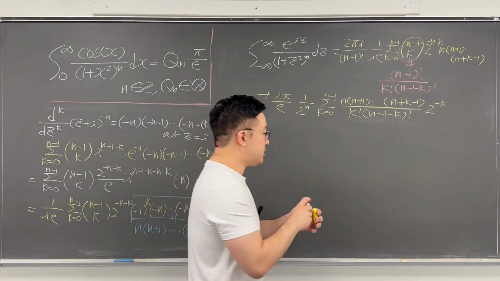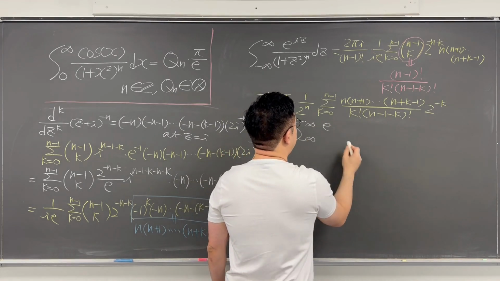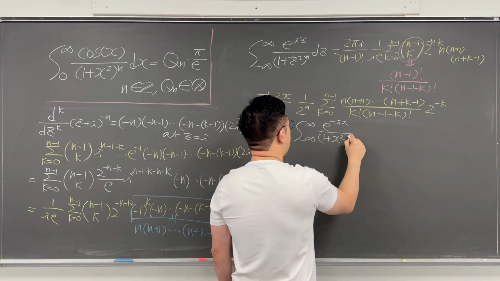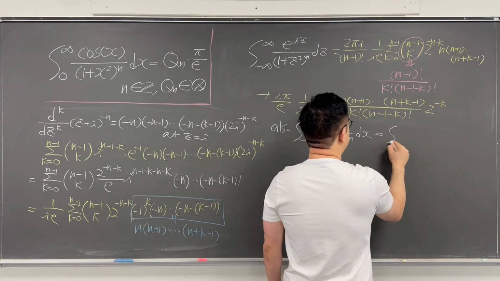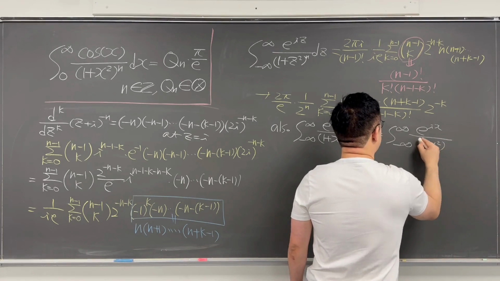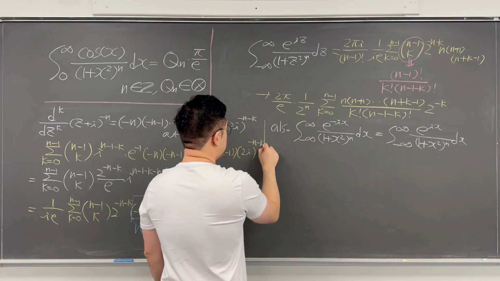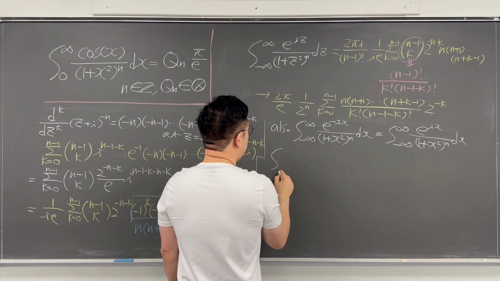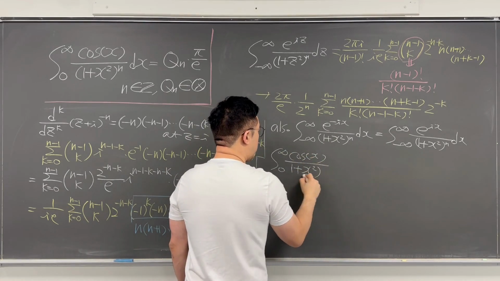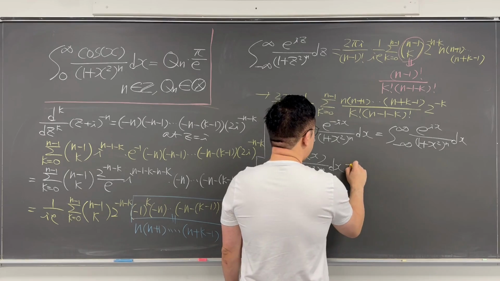And at the same time, we also know this integral from negative infinity to infinity, e to the power of negative ix over 1 plus x squared to the power of n dx is the same as the integral from negative infinity to infinity, e to the power of ix over 1 plus x squared to the power of n dx. So this original integral that we are working on, the integral from 0 to infinity of cosine of x over 1 plus x squared to the power of n dx, has to be the same expression as then